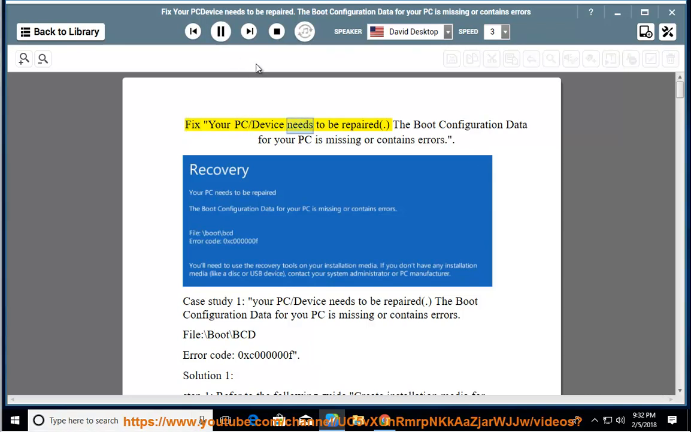Fix: Your PC/device needs to be repaired. The boot configuration data for your PC is missing or contains errors. Case study 1: Your PC/device needs to be repaired. The boot configuration data for your PC is missing or contains errors. File: /boot/BCD. Error code: